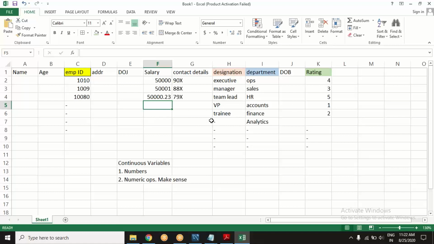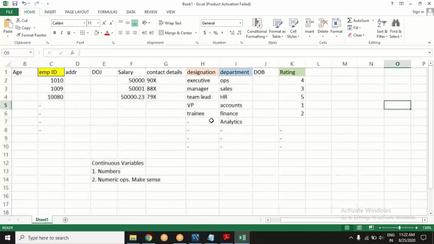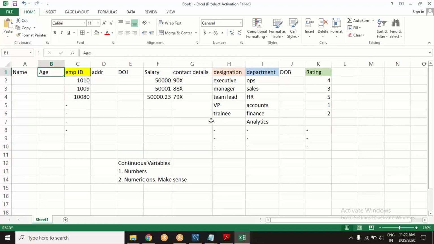Then there can be variables which cannot take intermediate values. For example, age. Okay, we cannot call age here because age can have fractions.